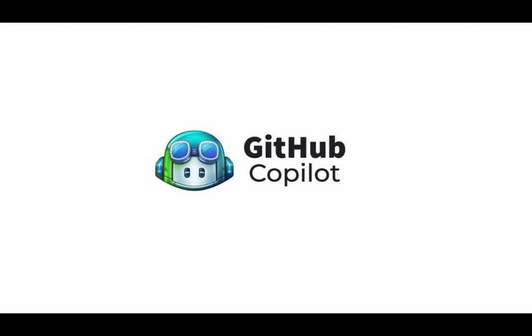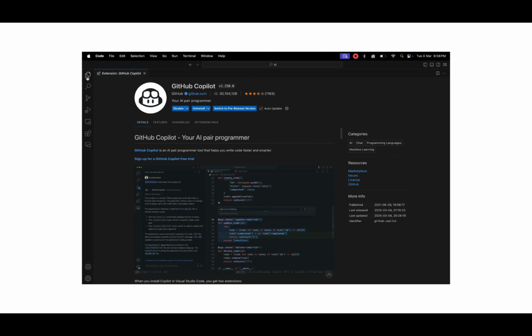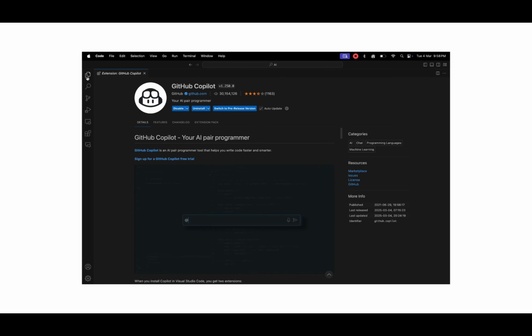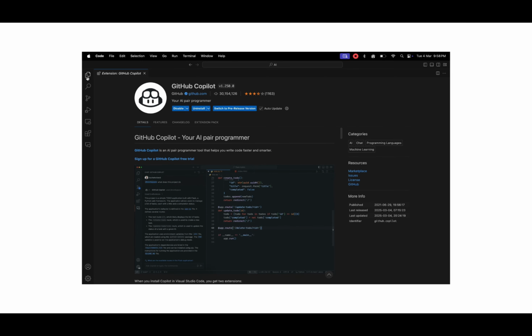Today, I'm going to show you how we can use GitHub Copilot as a pair programmer. This means we can install a plugin in Visual Studio Code and use it to write all the required code based on our requirements. We just need to provide our requirements in a chat window, and GitHub Copilot will automatically generate the necessary code. In this demonstration, I'll show you how to create a simple to-do application using the GitHub